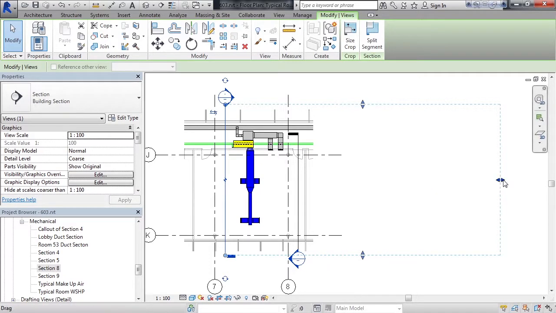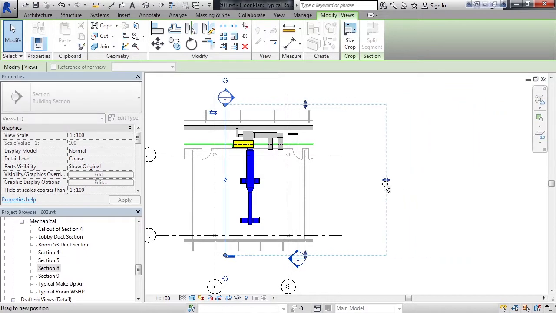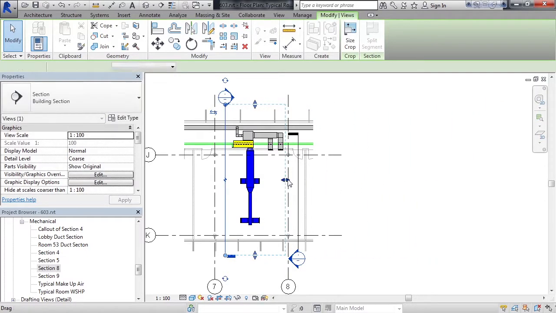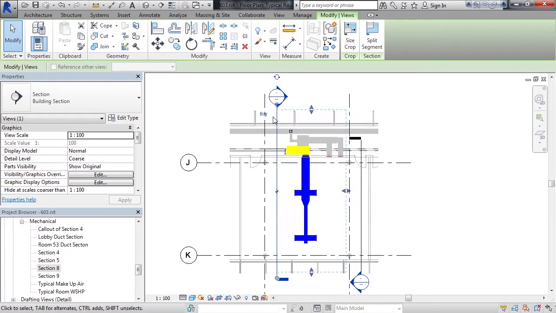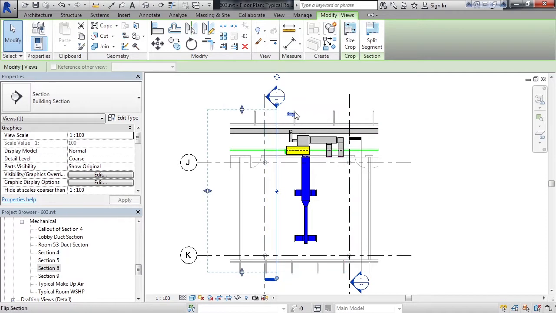Right now it's viewing a little too much, so I can adjust this by dragging the arrows to pull that depth in, and/or the crop to the right or the left to include more or less. Now, if you drew the section in the wrong direction, there are two arrows to allow you to flip the section. Clicking on those will flip the section mark itself. If the orientation of the section is not at the correct angle, you can use the rotation icons to rotate